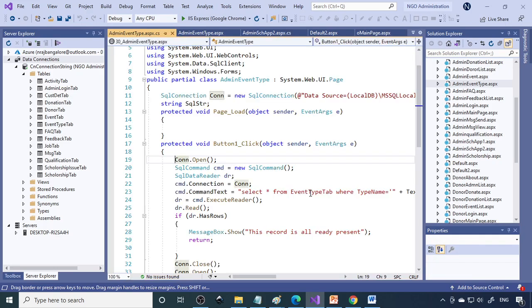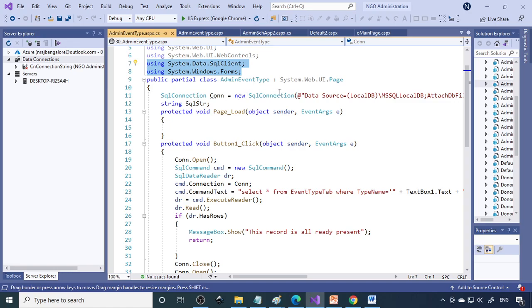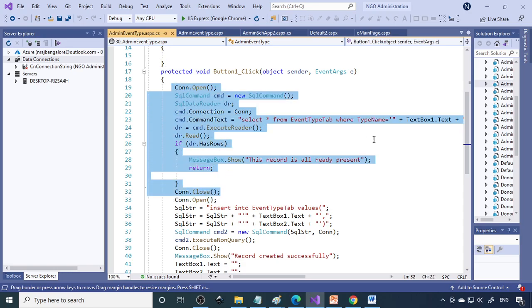But when you click the save button, you need to write the code to save the record. First, you need to include System.Data.SqlClient. These are namespaces required in order to communicate with the SQL server. And Forms, if you're using a message box, that requires the Forms namespace. Next is the SQL connection string. We have a separate video on how to get the connection string, please watch it.